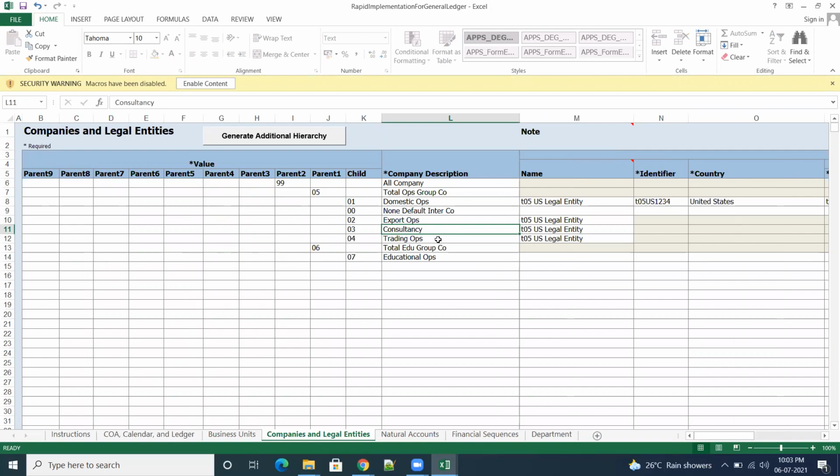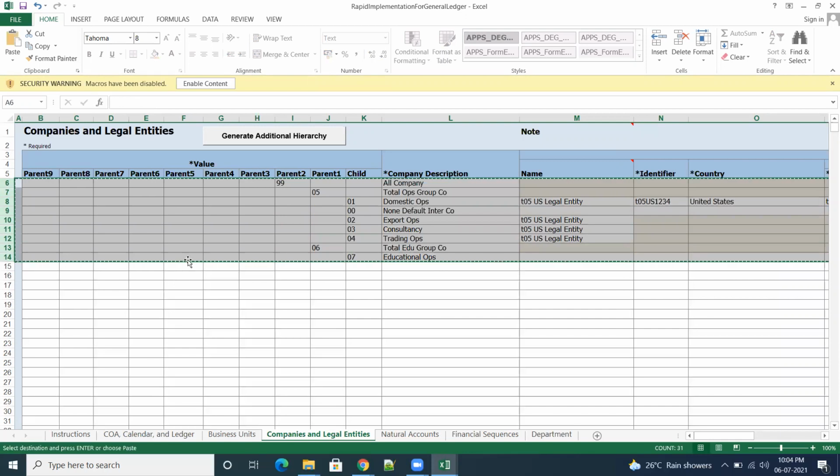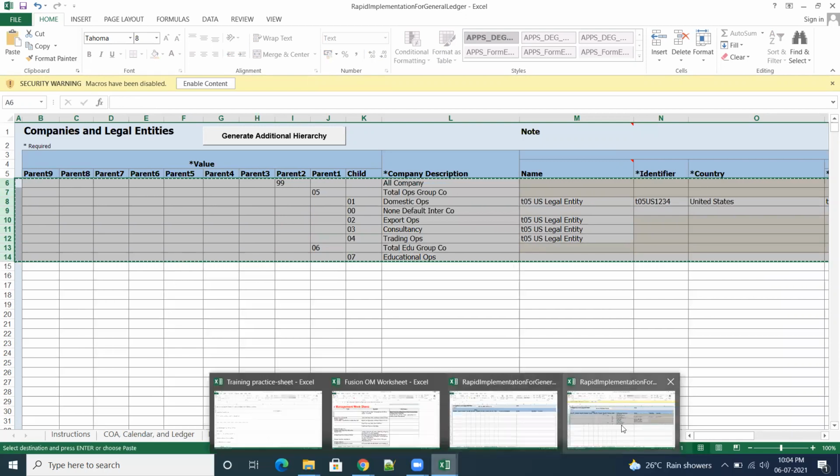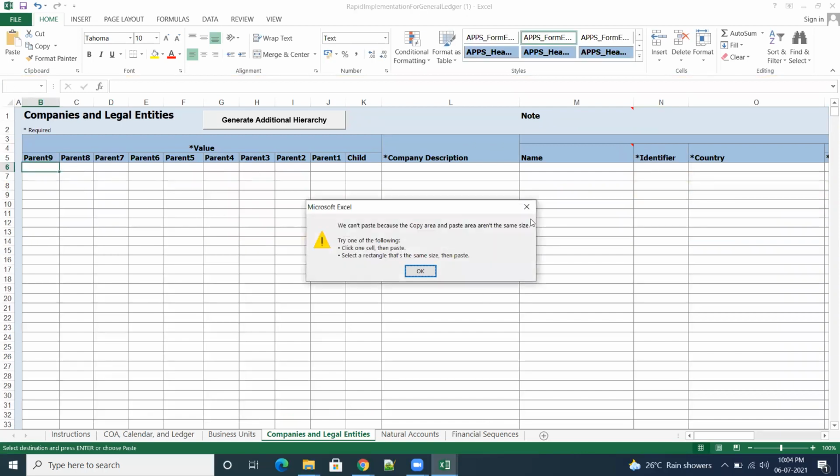However many company segments you want, you can define that many here. Okay, so if you have any doubt, please ask me. Any questions? No, Ram.